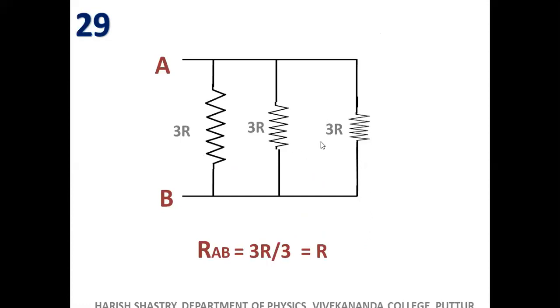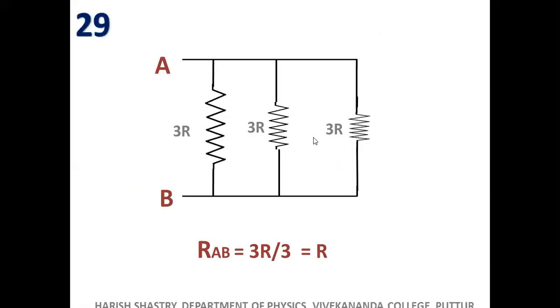The equivalent is R. So from the 30th problem onwards, we will see it in the next class, because they are a little bit different problems. And we will come across, in one of the video classes, I have discussed the perpendicular axis and parallel axis. Such problems we will come across after the next class. Even in the next class, we will have some problems which have all the capability of appearing in entrance exam question papers. So with all those problems, we will move on to parallel axis and perpendicular axis.